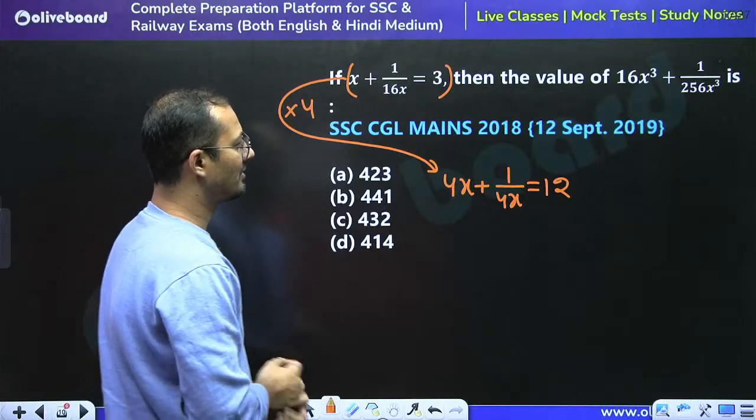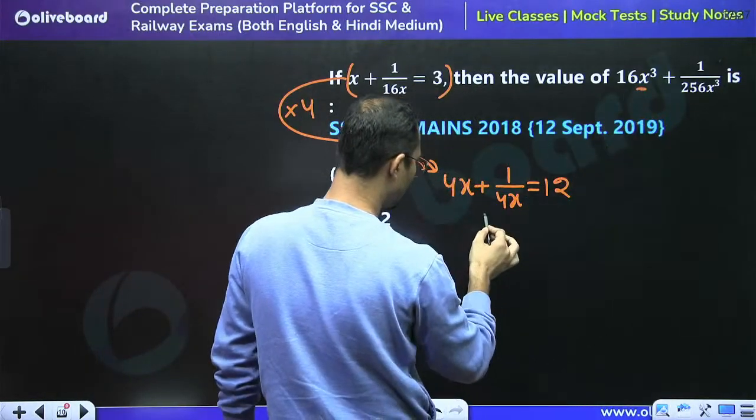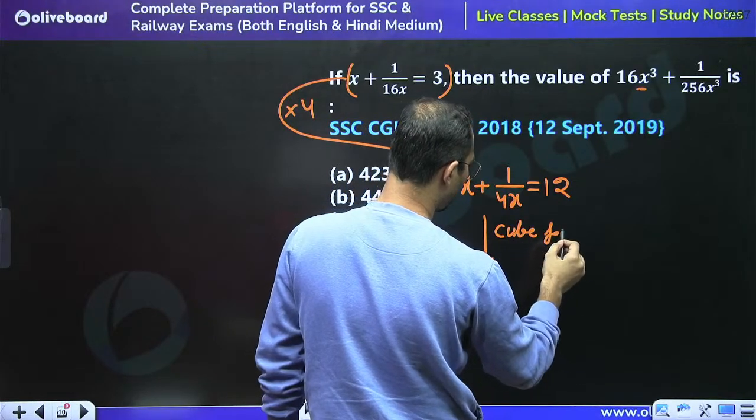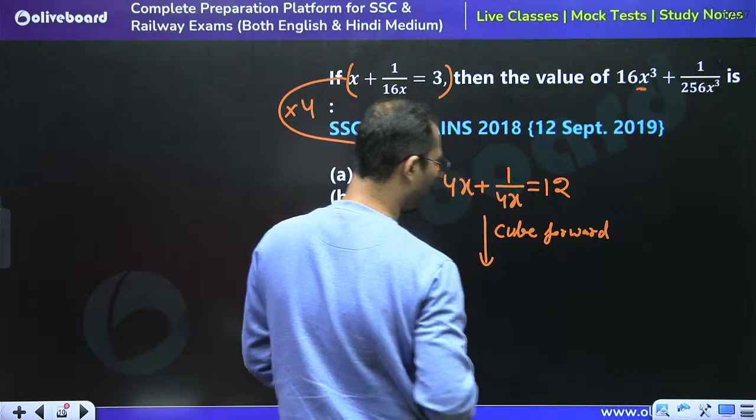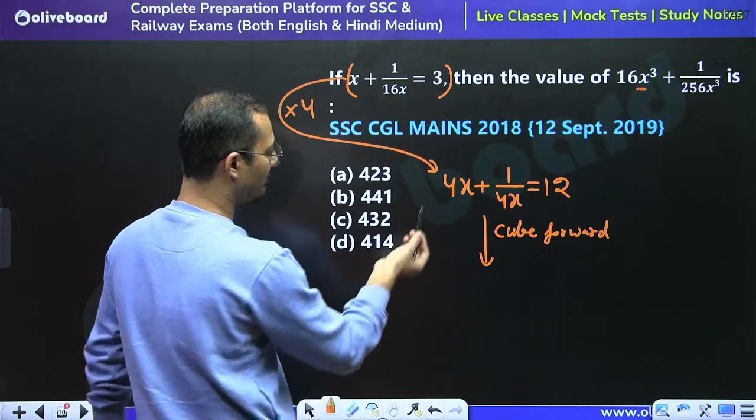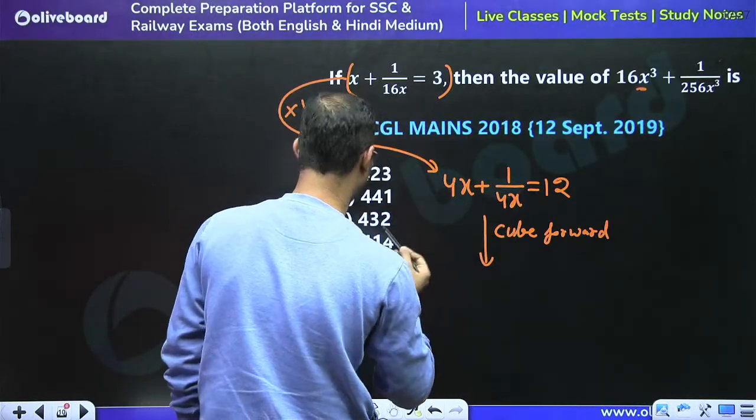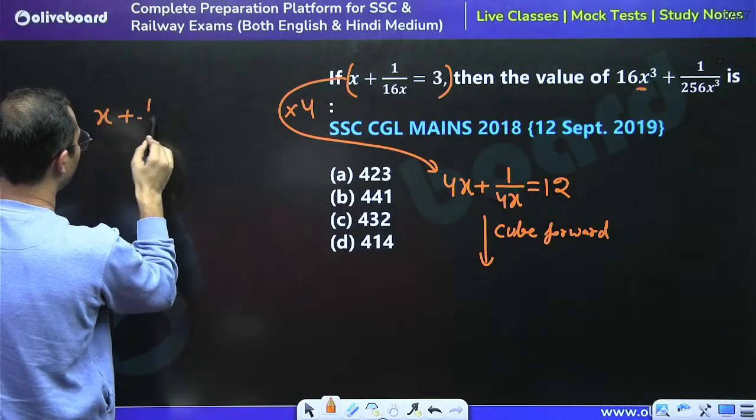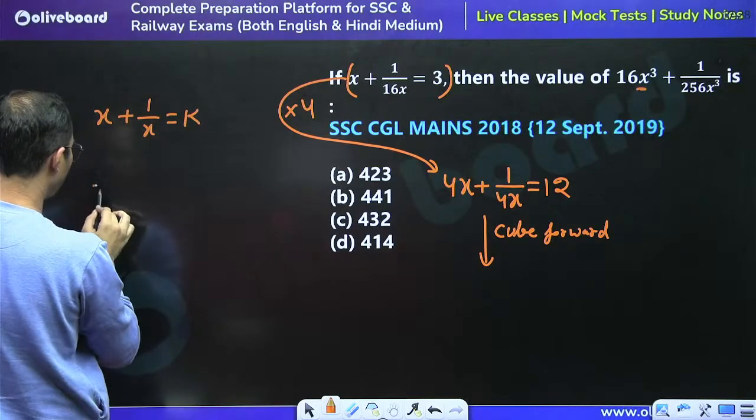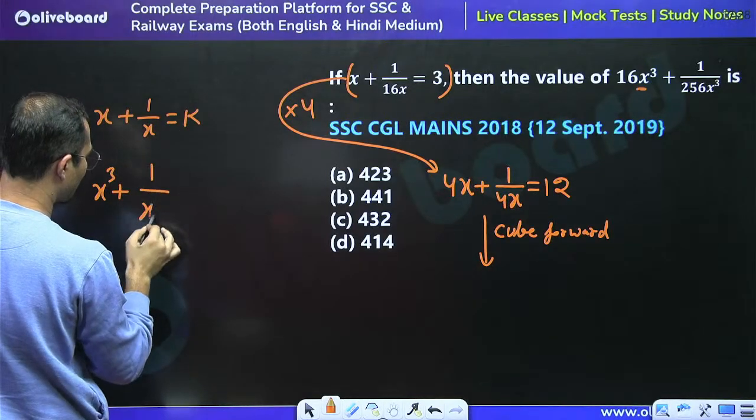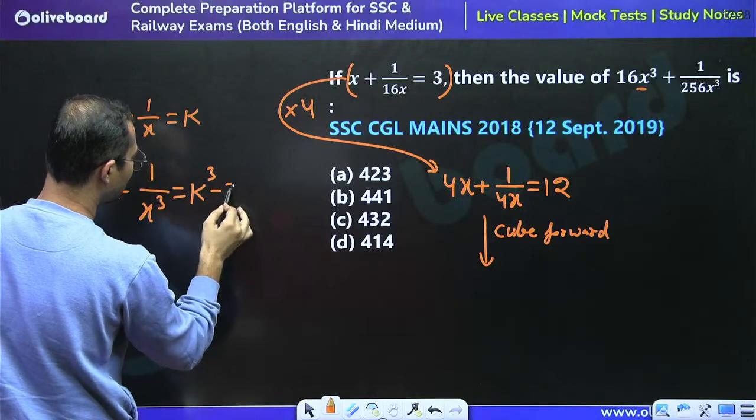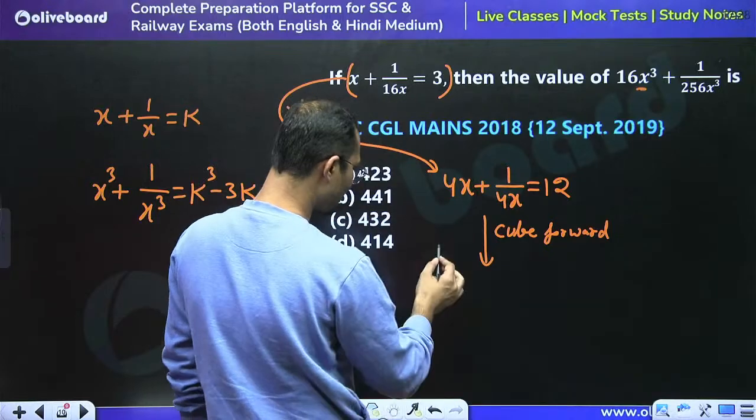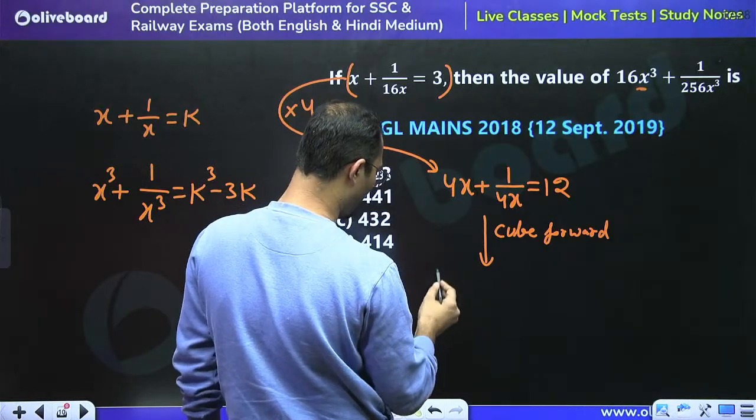Then see, here is x cube, so you have to make the cube forward, right? Just make cube forward. See, function inverse function, and we know that whenever there is a function and inverse function, if x plus 1 upon x is equal to k, then x cube plus 1 upon x cube is equal to k cube minus 3k. So simply we can say that here we will get